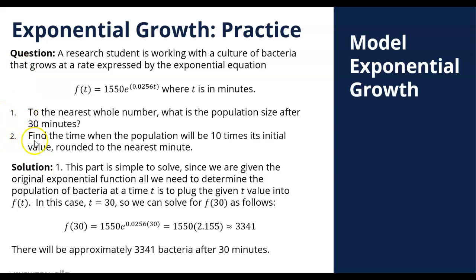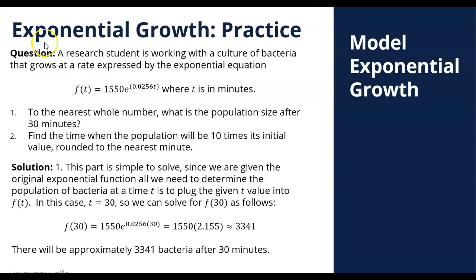So for the second problem, we want to find the time when the population will be 10 times its initial value, rounded to the nearest minute. So to answer this, when you say the population will be 10 times its initial value, we're referring to this 1,550 here. This 1,550 here is the initial value. So we're referring to 10 times this value. So we want to find the time when the population, when this f of t is equal to 10 times